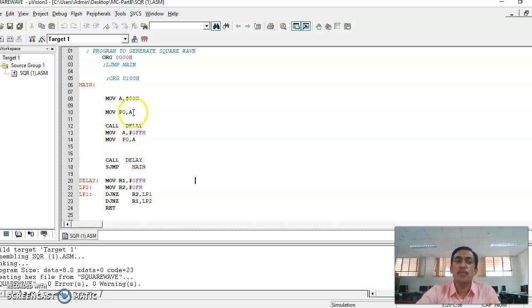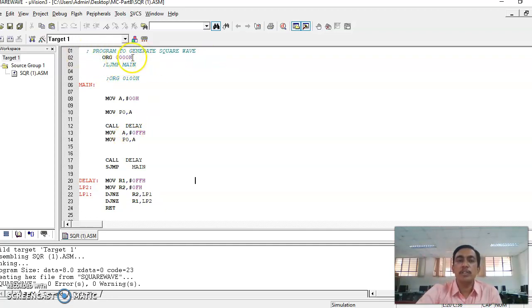That is very simple logic. We send 00H to get the off period, and FFH to the DAC input through port 0 to get the on period.